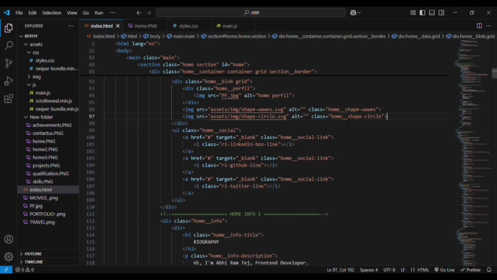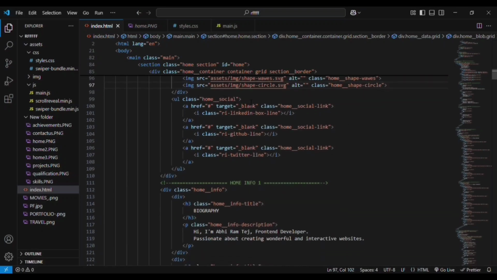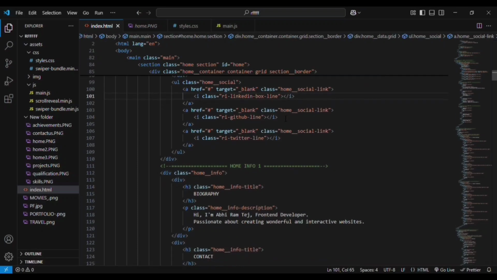Then we have another div, with a list. We have an anchor tag. Inside the anchor tag, we have an icon tag for adding the Remix icons into our website. As you can see, I have added LinkedIn, GitHub, as well as Twitter. Then you can go to the